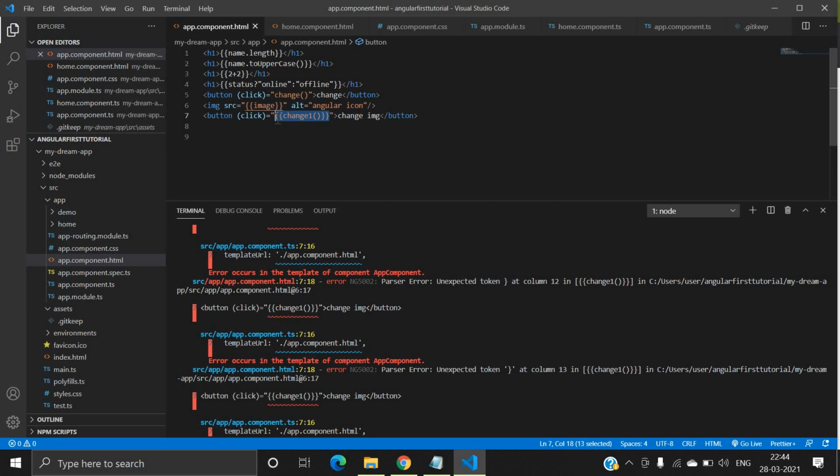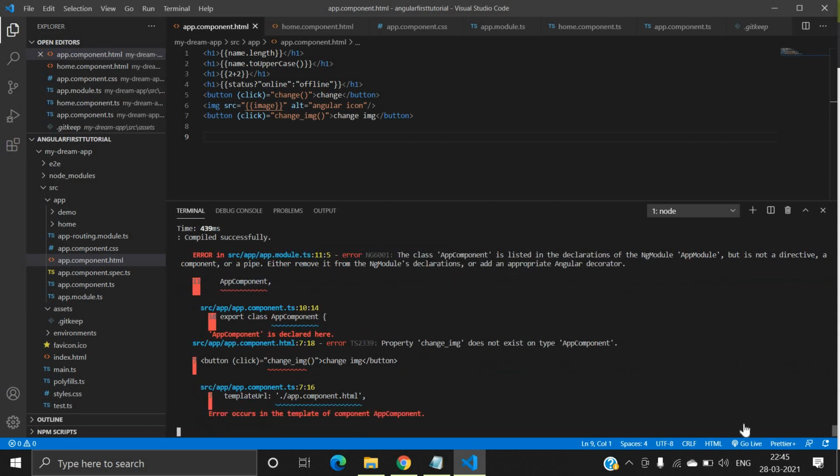Okay, sorry, I should never use the interpolation symbol in a click event. I will just separately paste that method name, and I will save again. Okay, again I am getting some error. So what is the error?